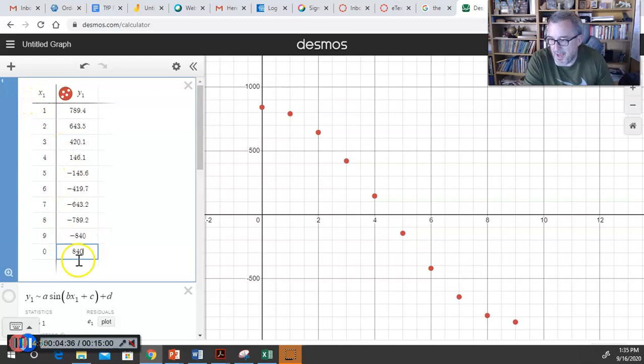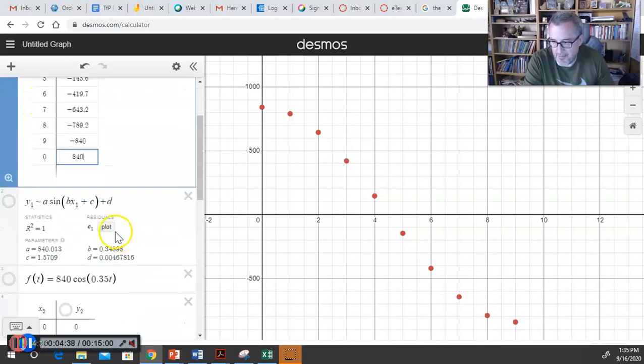So enter in the data into Desmos, and then maybe you know this about Desmos, but we can enter in a generic, whatever, linear function, quadratic function, whatever you want, and using this tilde notation, it will generate a regression model or a curve fit for this. And I want to use a sine or cosine. I'm going to tell you 2 reasons why, one at a time. The first reason why is